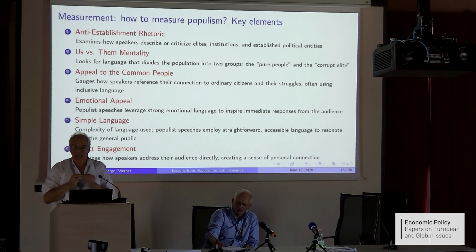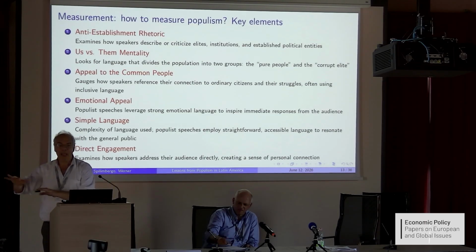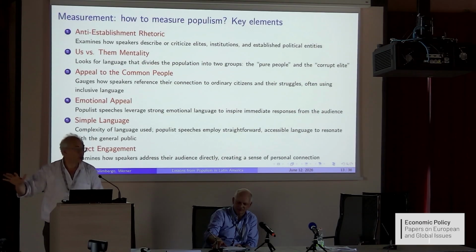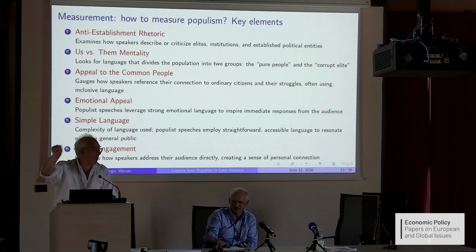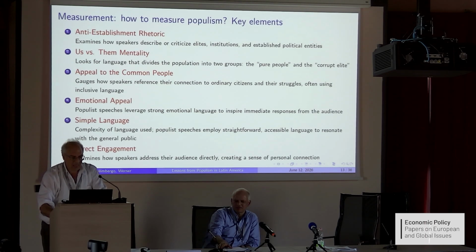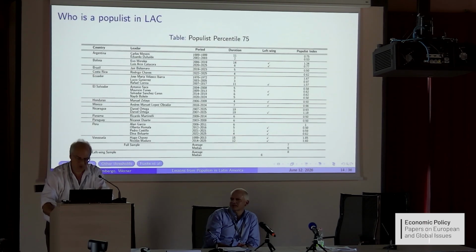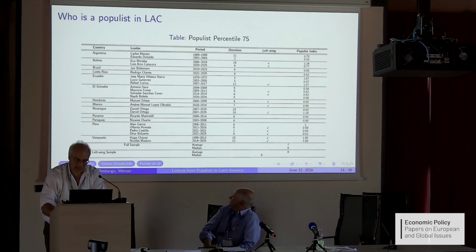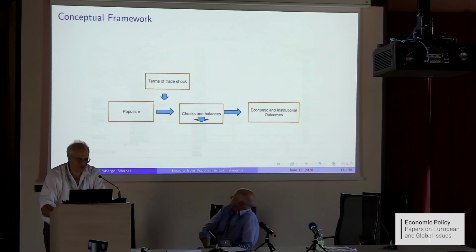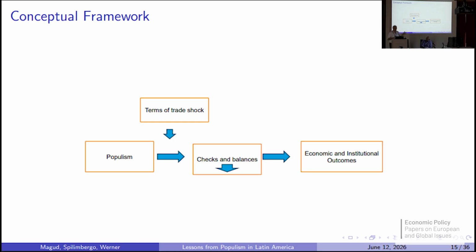So again, the key issue here is that in this rhetoric there is nothing about economics, but a lot about institutions, how to treat institutions, how to disable checks and balances. And this has a big effect on economics. This is just an example, but I jump ahead because otherwise we don't have much time. So the logic we have in mind is the following: you have a populist leader, who comes for other reasons, who disables checks and balances, and this in turn has an effect on economic outcomes.